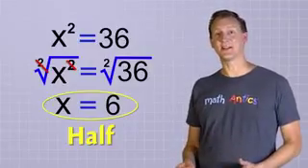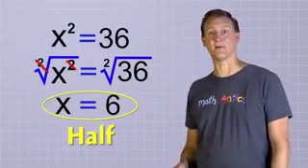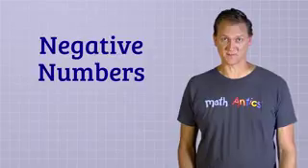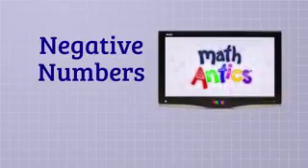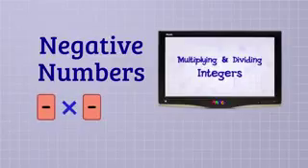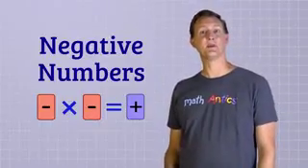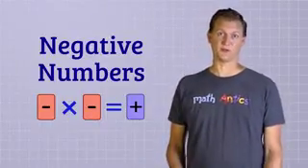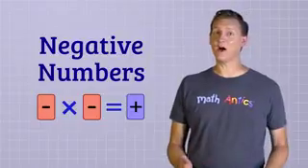This problem's actually a little more complicated than it looks at first, thanks to negative numbers. Do you remember in our video about multiplying and dividing integers? We learned that if you multiply two negative numbers together, the answer is actually positive. That turns out to be really important when it comes to roots, because it means that there's often more than